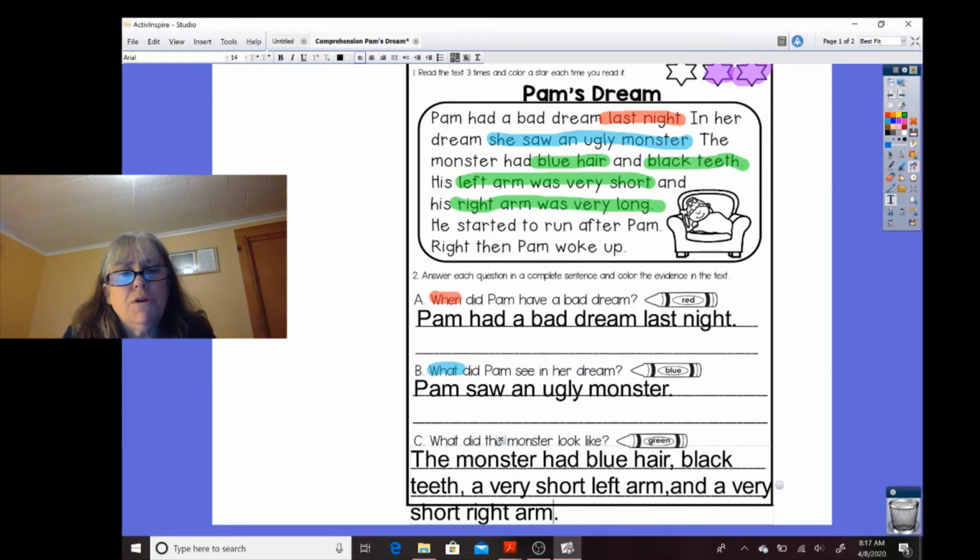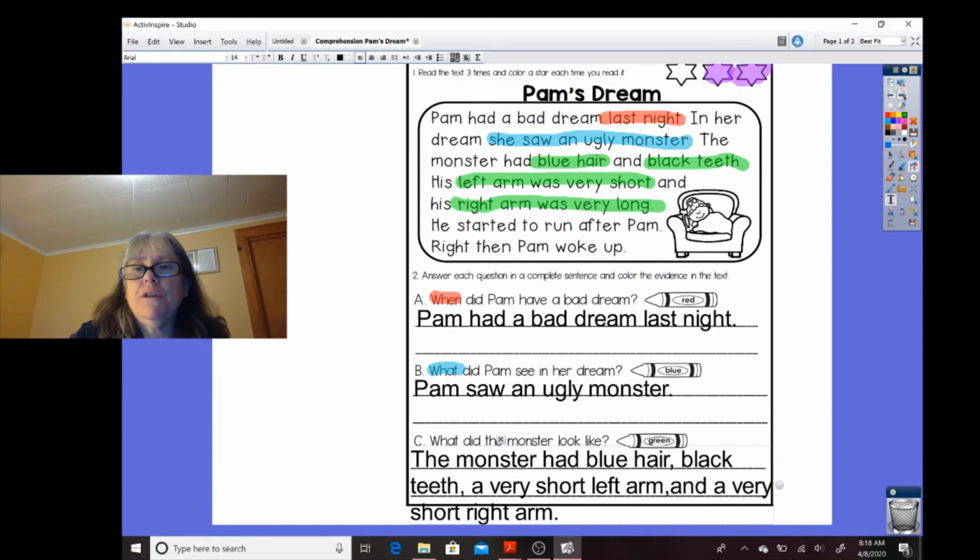All right, so what did the monster look like? The monster had blue hair, black teeth, a very short left arm, and a very short right arm. Okay, so that sounds a little bit better. All right, I think we'll go with that. And that answers our questions. Okay, so now we're going to go to